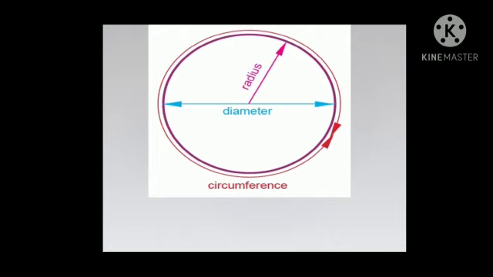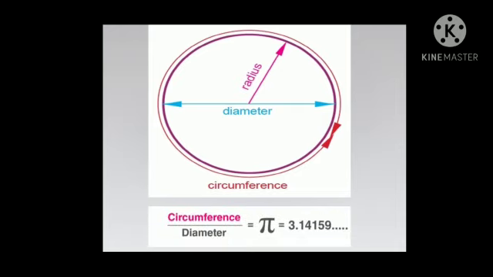Now let us see the relation between circumference and the diameter. The ratio of the circumference of any circle to its diameter is a little over 3 and remains constant. This constant is represented by the Greek letter pi, and the value of pi is 3.142. Children, pi is a Greek letter and it is a very important constant in maths. It gives us the ratio of circumference to the diameter of a circle, or the ratio of circumference to twice the radius. For any given circle, this ratio will always remain pi. It is a constant, so whatever be the circumference and the radius, the ratio will be equal to pi.